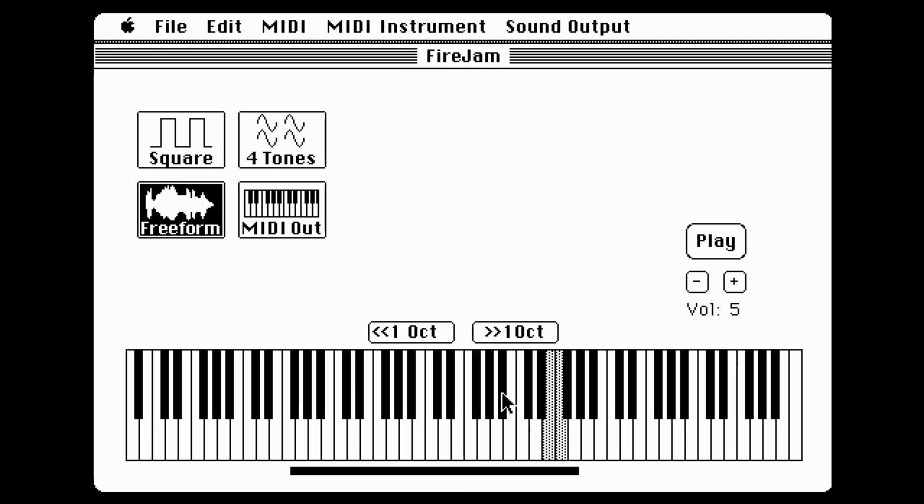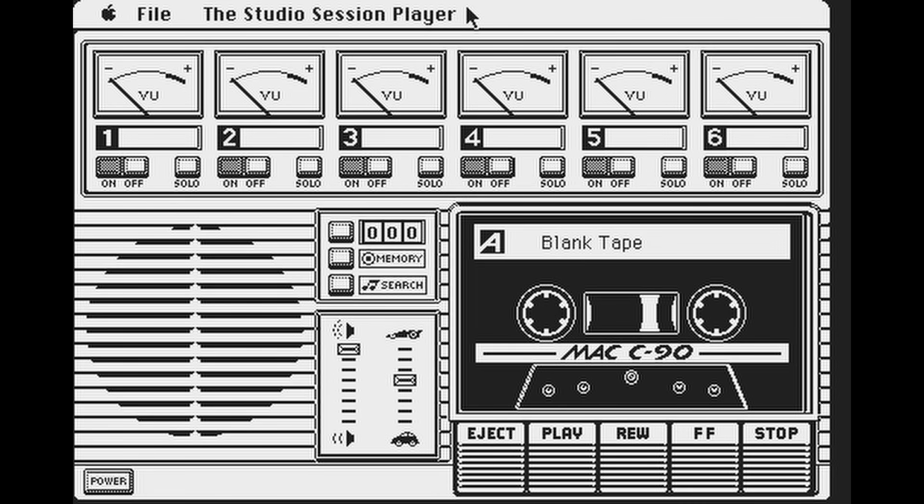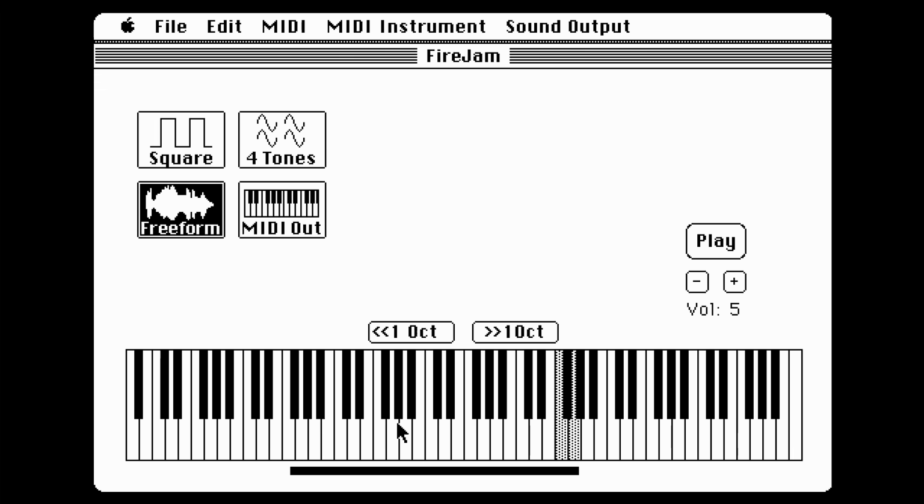As for what's next, here are my plans for now. Freeform polyphony so I can reverse engineer what Studio Session did on the Mac. Loading Studio Session instruments as playable sound samples, recording tracks and snapping notes on a given beat, exporting your creations as a MIDI file, allowing MIDI pitch bend, and whatever great ideas you can suggest, please drop them down below